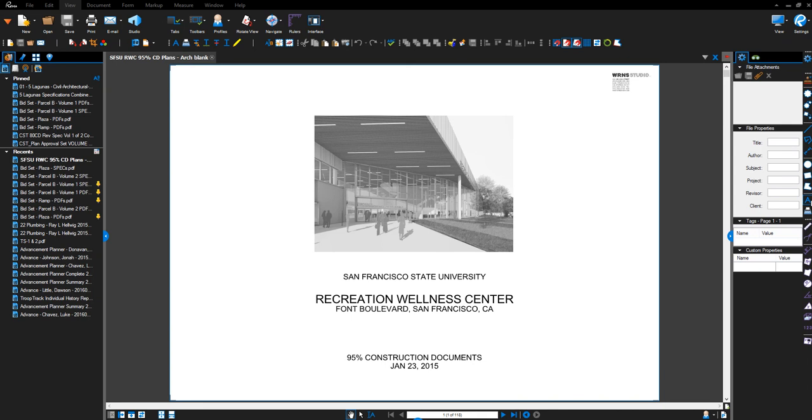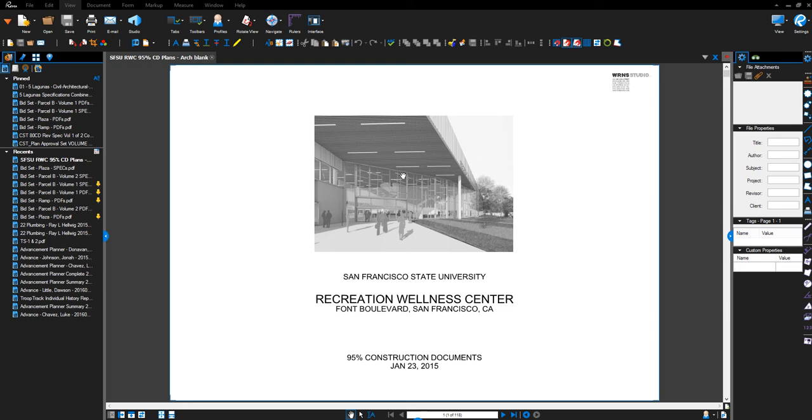Okay, I'm going to be showing you the first part of processing your drawings, which includes naming all of your pages and sheets individually, and then also extracting them out as separate files, so each sheet is its own file. So first I have a set of drawings here,